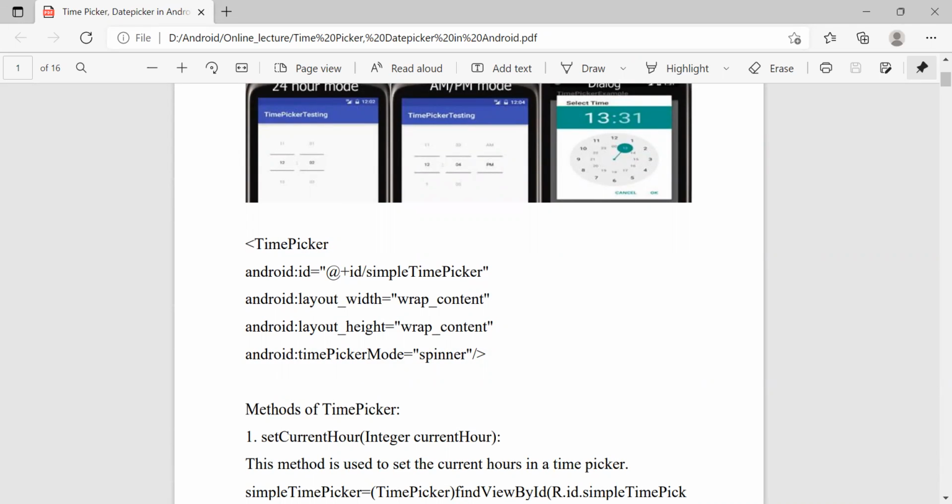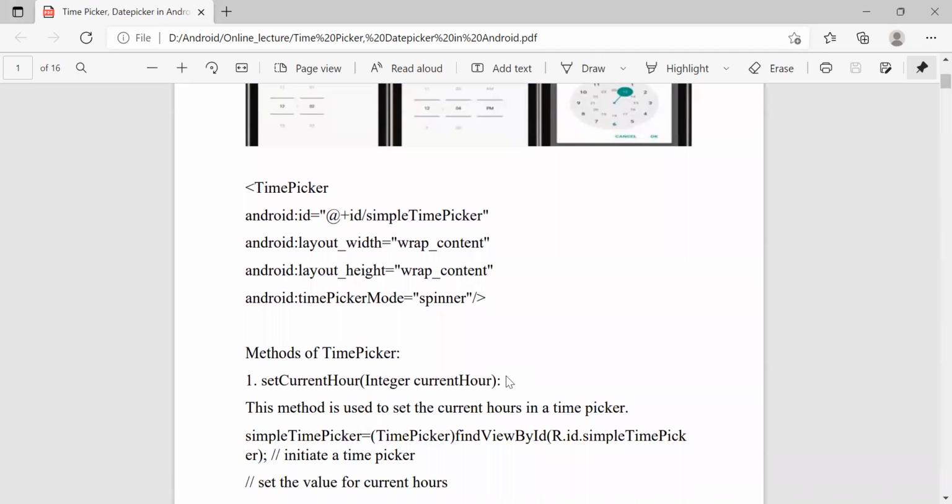And here we set the time picker mode, and that is spinner. Whenever it is a spinner, it will display like this one, and otherwise it displays in analog format. So this is the time picker control we can generate on our Android screen.